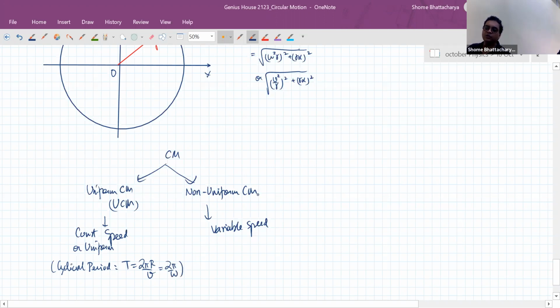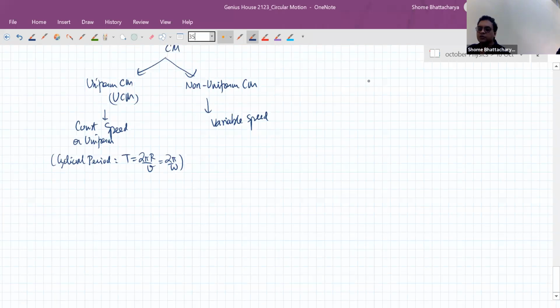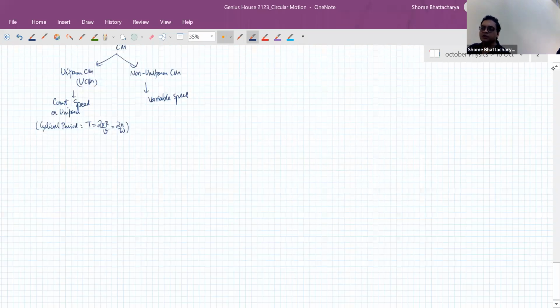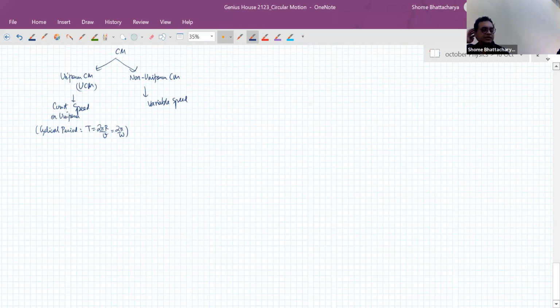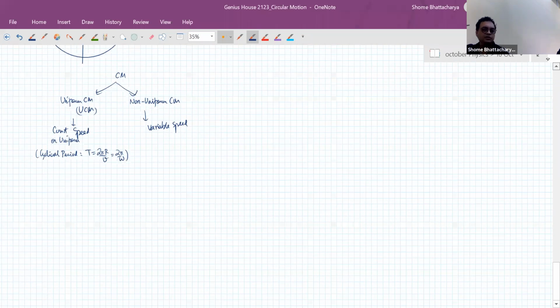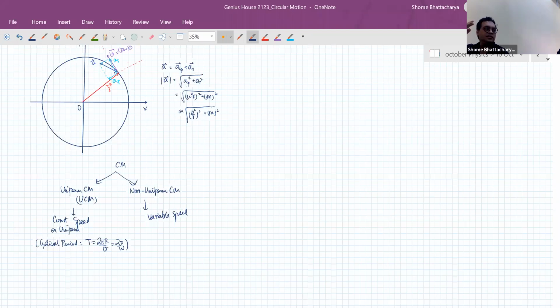Like the minutes hand of the clock we were discussing, or the seconds hand of the clock, are examples of cyclical motion. But imagine a person running around a circular path where he's initially increasing his speed for the first few cycles, and then maybe he reaches his top speed, so he goes on for some time before he gets tired, and then he starts decelerating. So that phase of his motion where his speed is increasing or decreasing constitutes a non-uniform circular motion. And there, of course, the motion is not periodic, because he's taking lesser and lesser time per cycle when he's accelerating, and more time when he's decelerating. So that is your non-uniform circular motion.